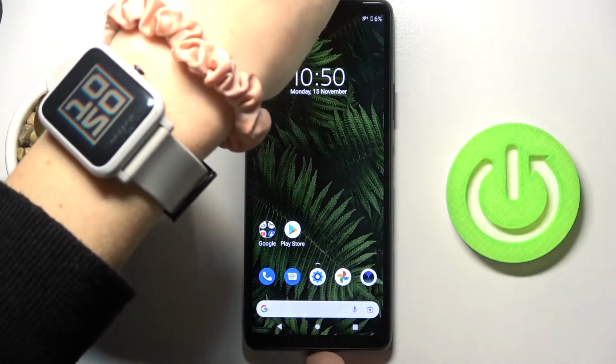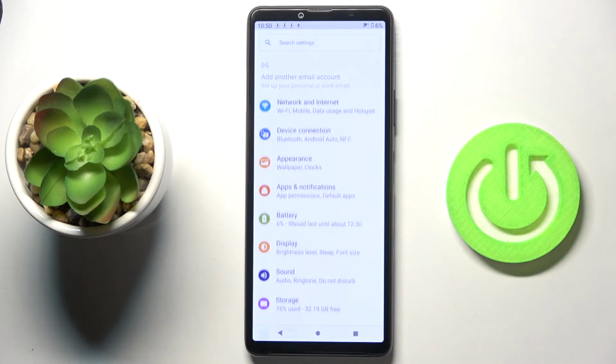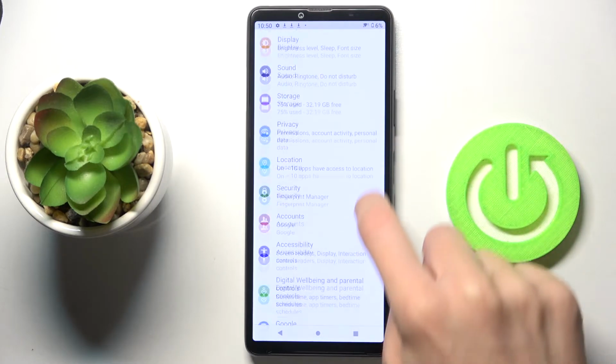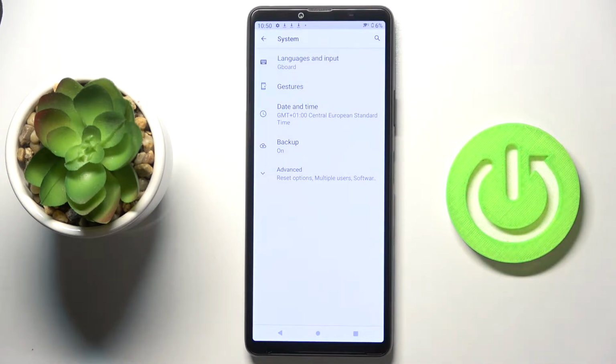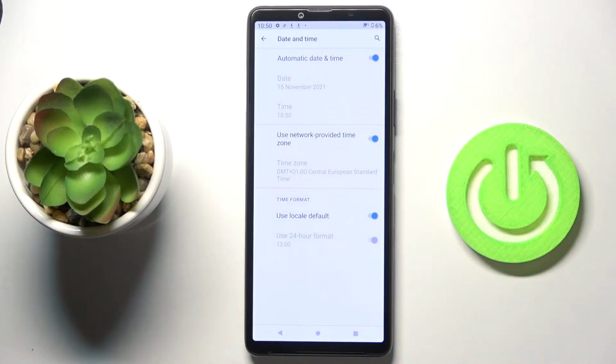Here we've got SONY Xperia 10.3, and let me show you how to change date and time on this device. So at first, let's open the settings, then find and select System, and here you will notice date and time. Smoothly click to open, and now you can either use automatic date and time, or you can switch it off